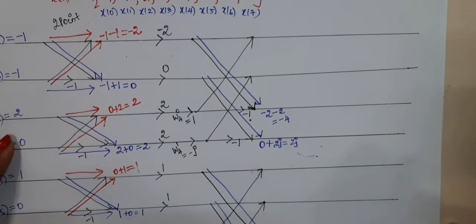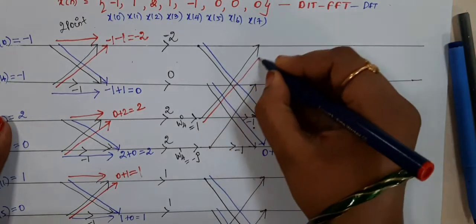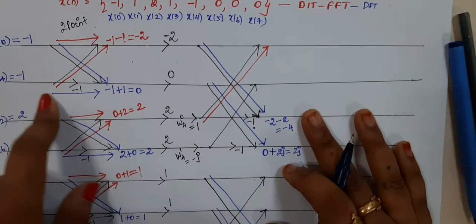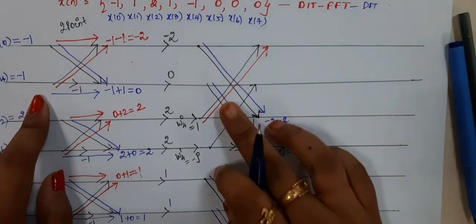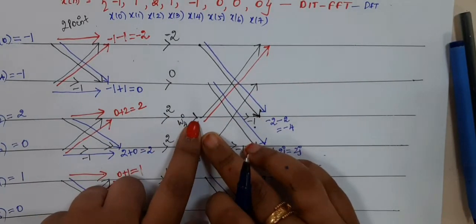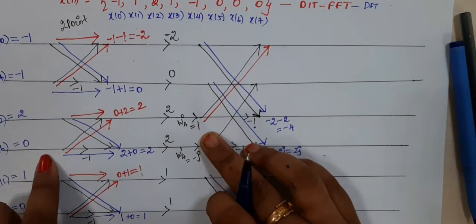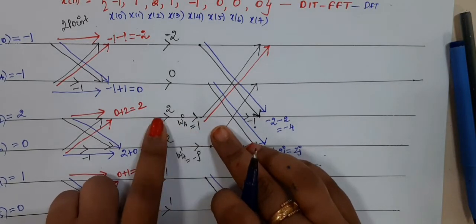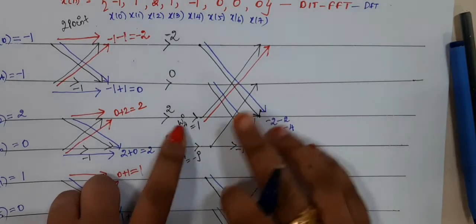So we completed the down arrow and then we can solve the up arrow. So up arrow, what is the difference? In the 2 point we don't have any twiddle factor, all the twiddle factors are 1 only, so we are not writing the twiddle factor there. But here for the up arrow we are having the twiddle factor, so it is going to cross this twiddle factor, but it will not cross the -1. Okay, you should keep that in mind.